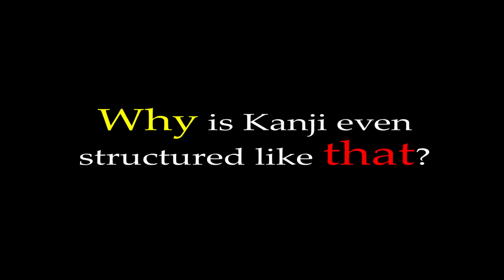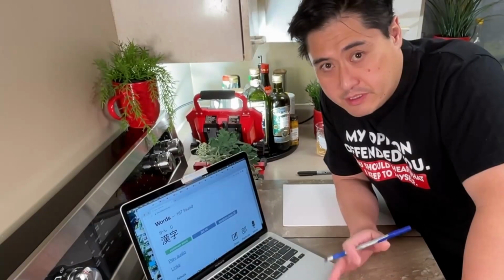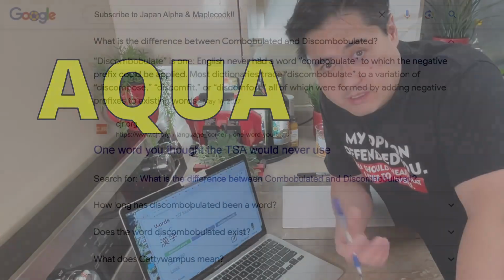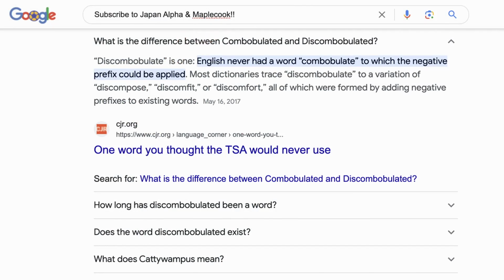You might be thinking to yourself, why is it even structured like that? And you can be forgiven for thinking that it's unnecessarily complex and confusing. Like I said in my last video, it's no more demanding than learning how to read an English word. I mean, check out this ridiculous garbage we have in English. Most of you out there probably understand and have used the word discombobulated at some time in your life, but